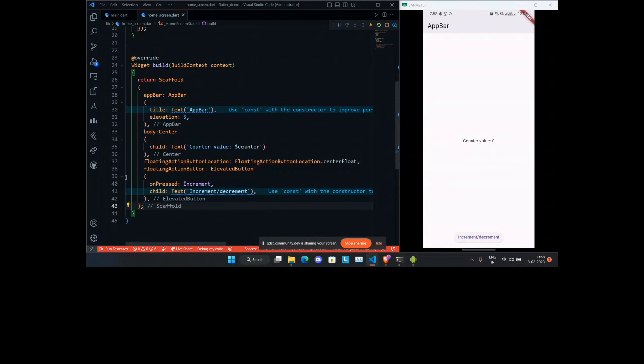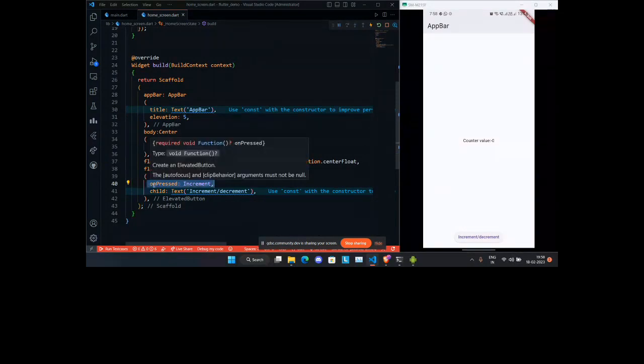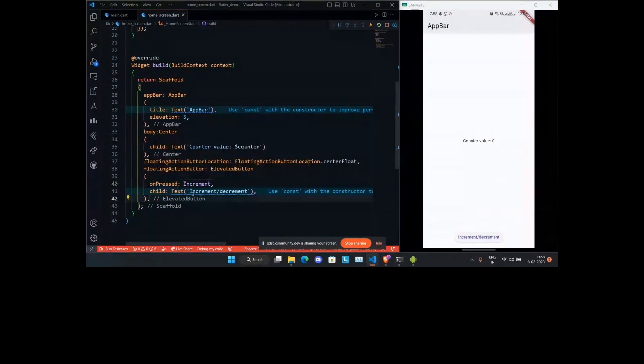I mentioned that for any button, on pressed, we have to tell the compiler what this button does when I press it. For that, I created another function, which doesn't have a return type. It is of return type void, and what it does is it sets the state of the counter. I will get to this in a few minutes. I hope we still have time, Alapan. Yeah, we do.